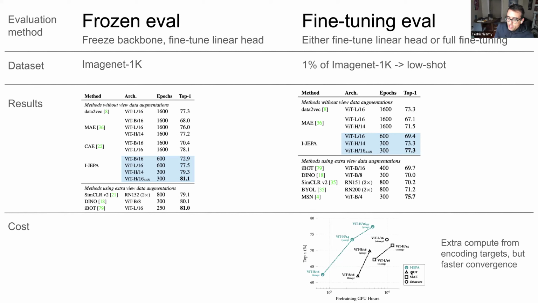I-JEPA is one of the invariance-based methods. MAE is the generative method. Data2vec, I'm not totally sure, I don't remember which kind of method. I think it's a generative method as well. And so the triangle here is I-JEPA, the square is MAE, and the circle is data2vec. And so if you look at the x-axis, which is the GPU hours or computational cost, and for each method,